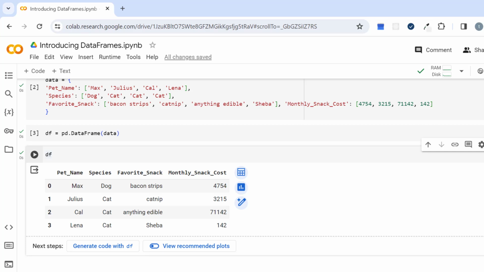These range indexes start at 0 and increment by 1 for each subsequent row, which obviously is the exact pattern you see here. So indexes are an essential aspect of working with Pandas since they serve as a unique identifier for each row and enable efficient data selection and manipulation. Now, while this kind of sequential numeric index is the default in Pandas, it's important to note that Pandas indexes are versatile